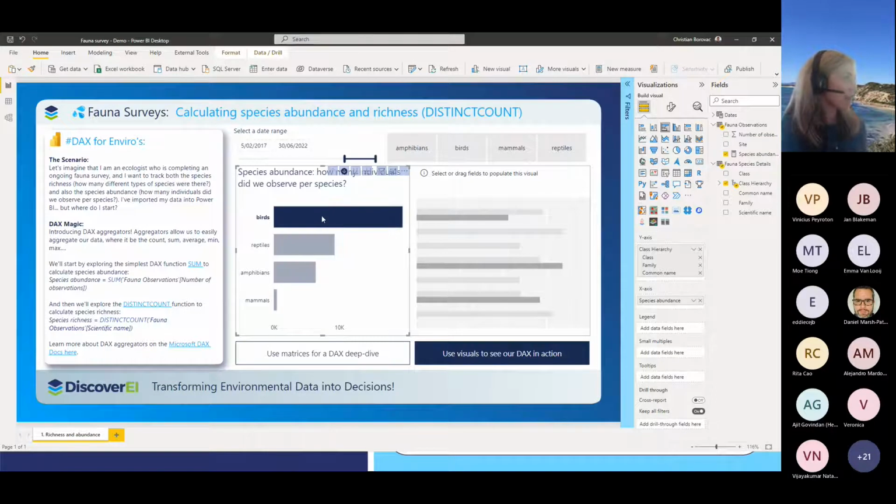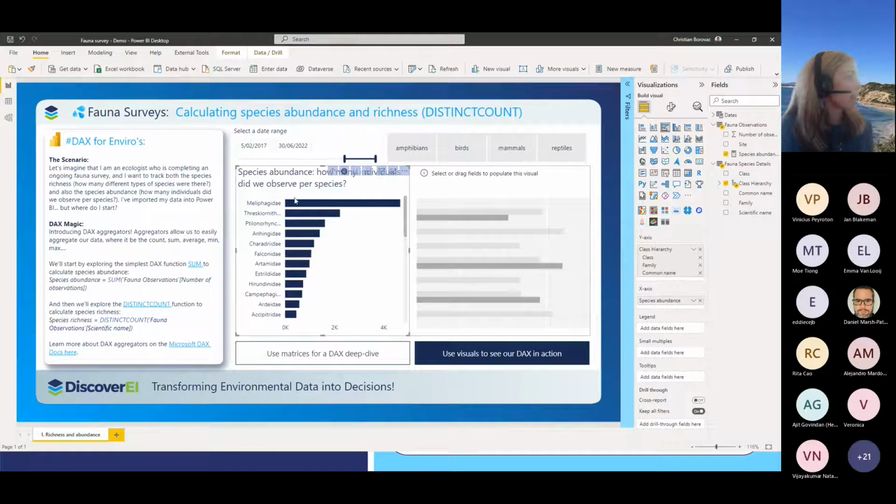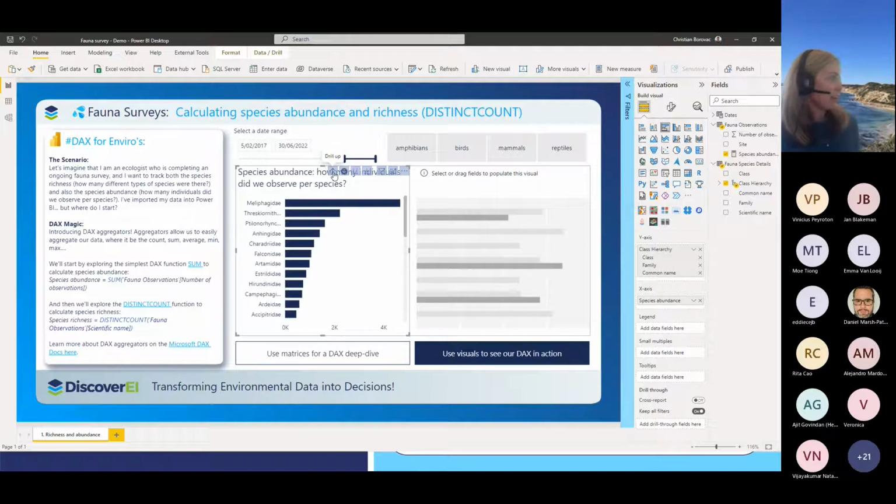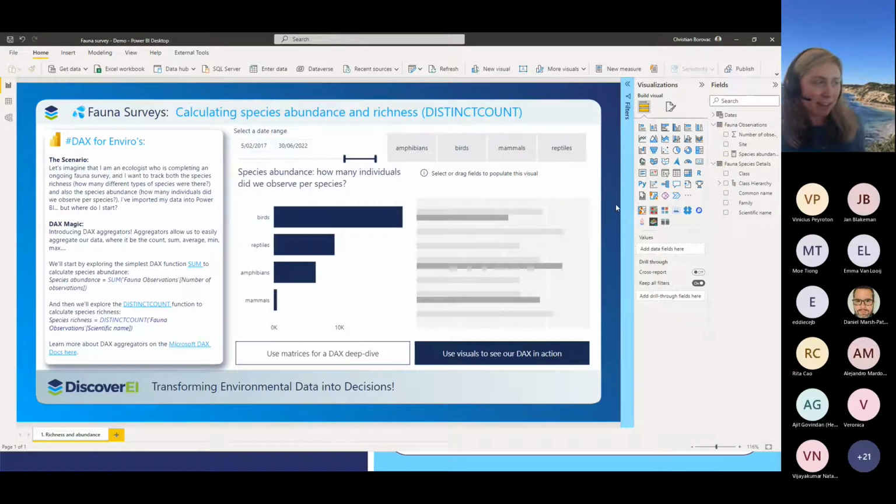If we keep drilling down to the finest scale, the banded honeyeater has the most sightings. So that's the first DAX measure, very simple, just using sum.